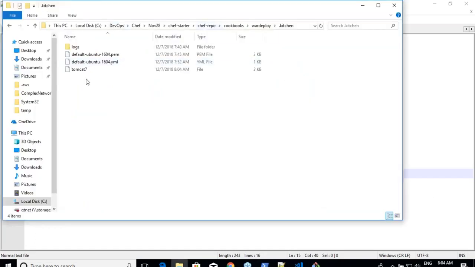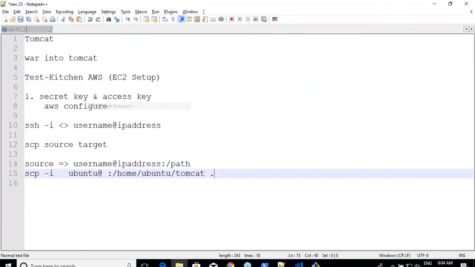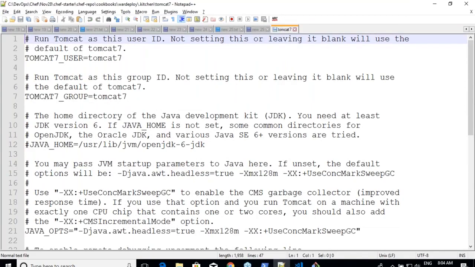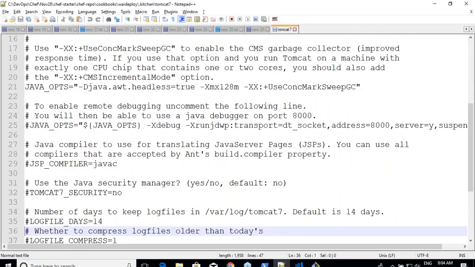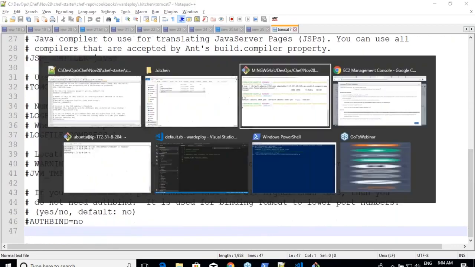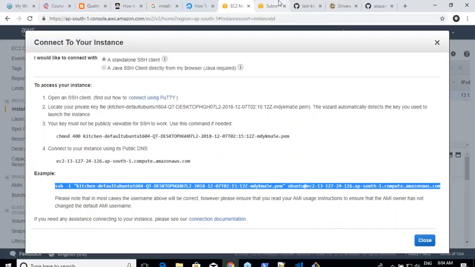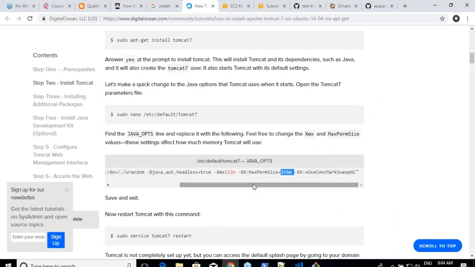Okay. Now let me copy or edit this tomcat7 file in Notepad. It says that these are the Tomcat 7 details. And over here, what he tries to tell me, if I go to the documentation, is: find the JAVA_OPTS line and feel free to change the Xmx value.